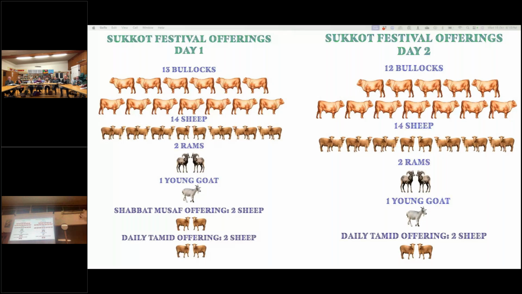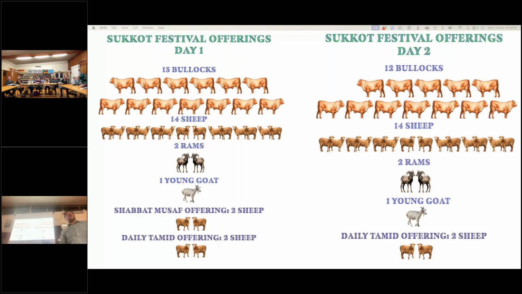I'm not going to put them all up, but this is the cycle. On the beginning of the feast, they have 13 bulls. The second day is 12. The third day is 11. The fourth day is 10. The fifth day is 9. The sixth day is 8. The seventh day is 7. And then they had an extra day on the Feast of Tabernacles, and they offered one on the last day,